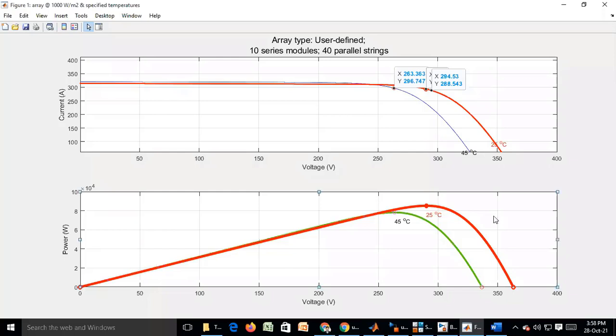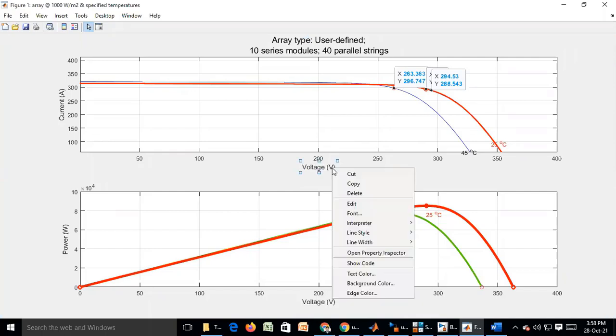So what you have done: earlier we have unprocessed data or raw data. That raw data, with the help of edit figure properties, I will use even this one also. See what I will do with this one. Now the line style I will change, or line width, or font.